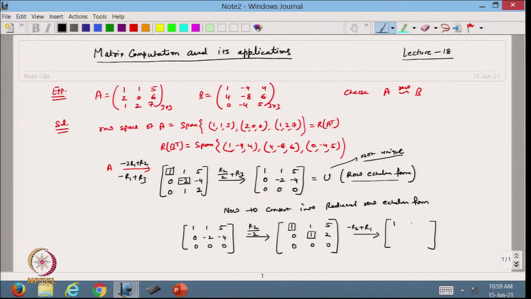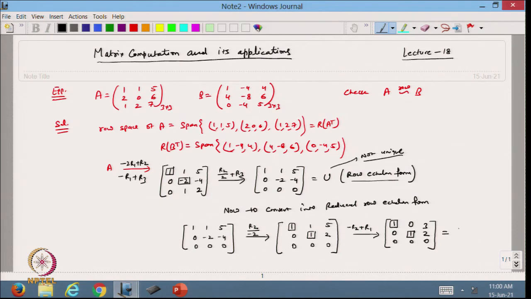So, this will be 1, 1, it will be 0. So, let us in this case first I will write here 0 1 2 and it will be 0 0 0. Now, I will multiply by minus 1 and add here. So, nothing will change here. So, this will become 0 and minus 2 plus 5. So, it will be 3. Now, this is my pivot element, this is my pivot element.